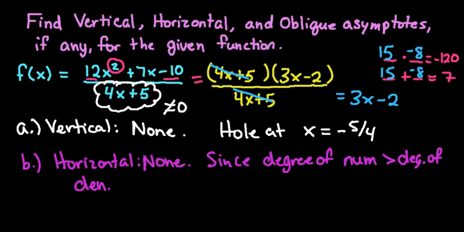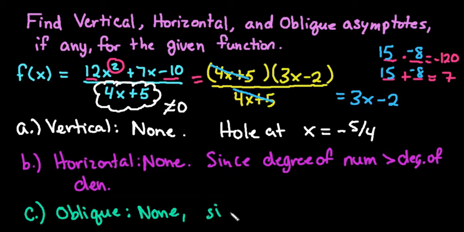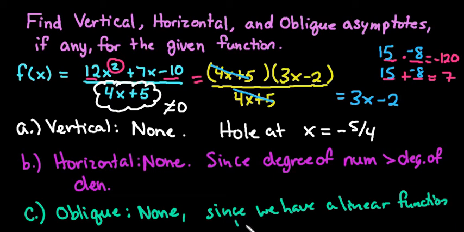As far as an oblique asymptote goes, an oblique asymptote is if I were to take the denominator and divide it into there, if it has a remainder, then we have an oblique asymptote. In this case, the oblique asymptote would line up with the line, so there really is no asymptote in this case, so they consider it none, since we really have a linear function. So even though in this case, if we were to look at it, it does look like it's oblique,